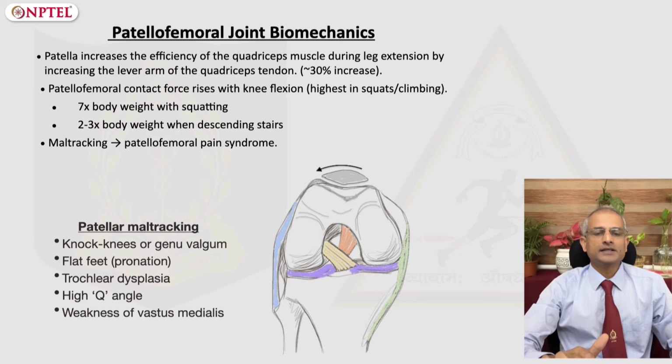The patella increases the leverage of quadriceps by increasing the efficiency of its pull, by increasing the lever arm of quadriceps. In cases where the patella is removed, which is called patellectomy, this decreases the extension force of quadriceps by up to 30%. Hence, the patella is a very important bone. The patella is stabilized by the congruence of the trochlear groove, by the presence of medial and lateral retinacula, and also, as mentioned before, the vastus medialis obliquus muscle.